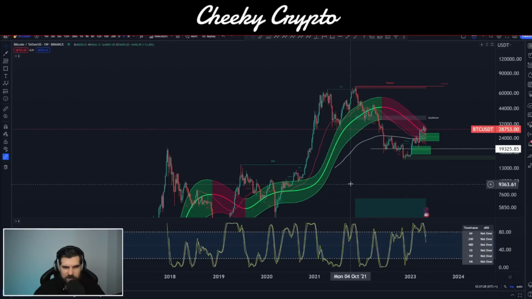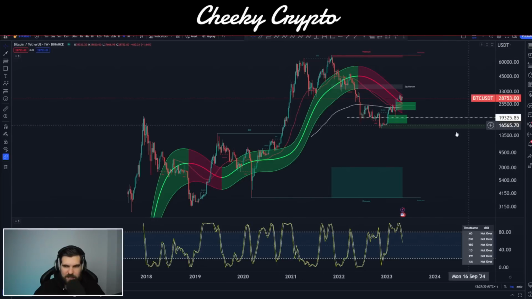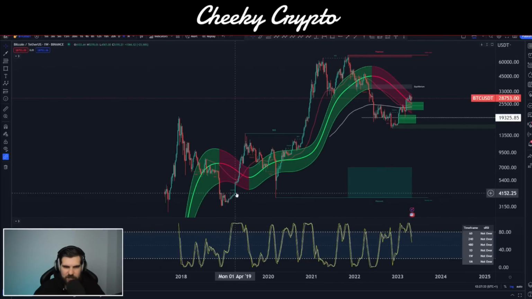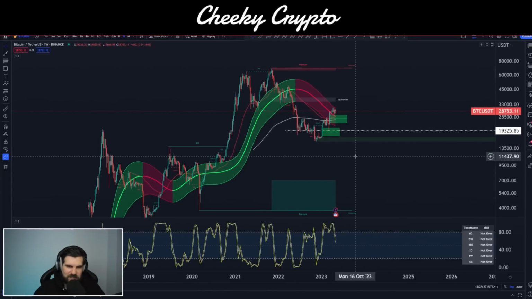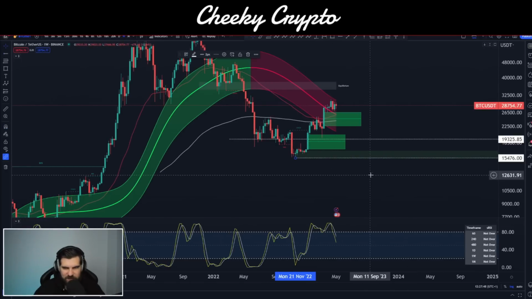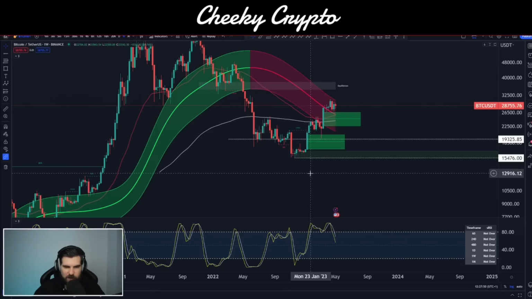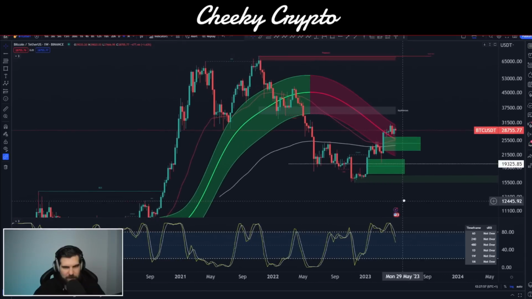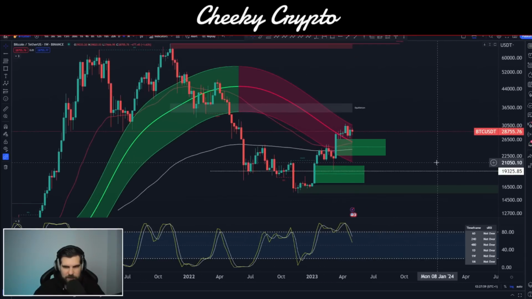But on a positive note, we are still in a bullish structure. We can see that we have a change of character down here. Actually, it's quite hard to see. A break of structure here, and we've never changed this characterization into a bearish state of play, not on this weekly time frame. And if we were to lose this low down here at 15,400 or whatever it was, 15,476, then that is going to confirm that we have a change of characterization for Bitcoin on a weekly time frame, and that would be very, very bearish. So we want to be a little bit cautious with that as well. But for the most part,